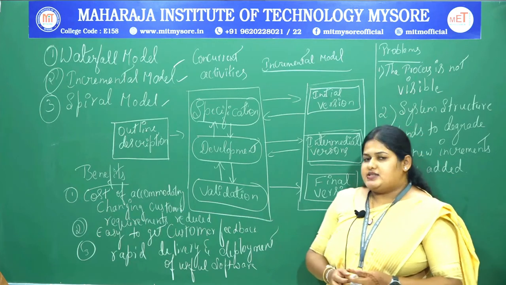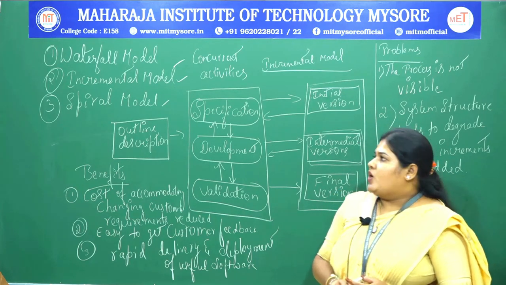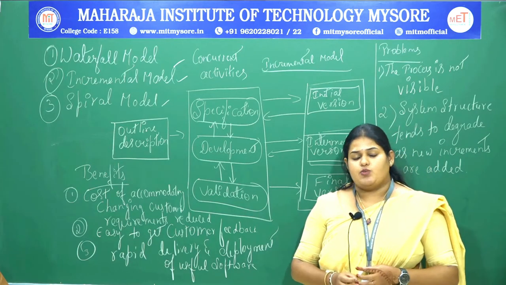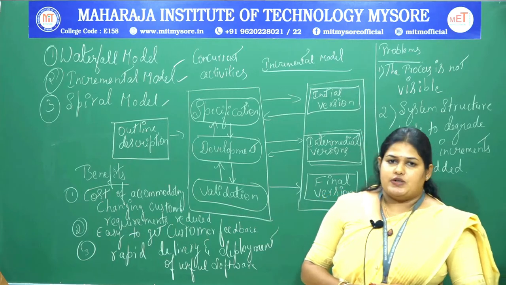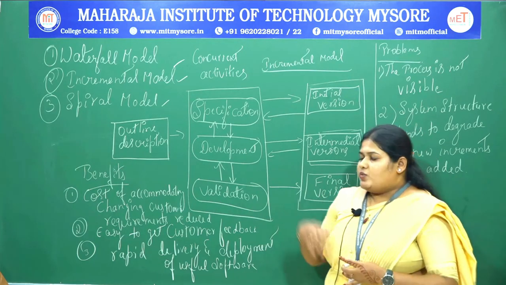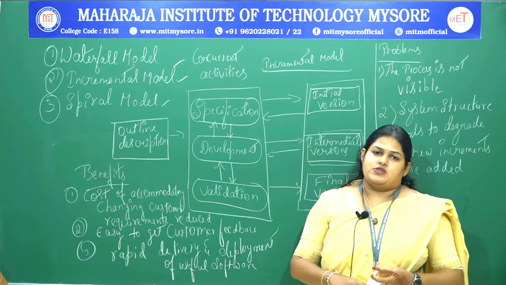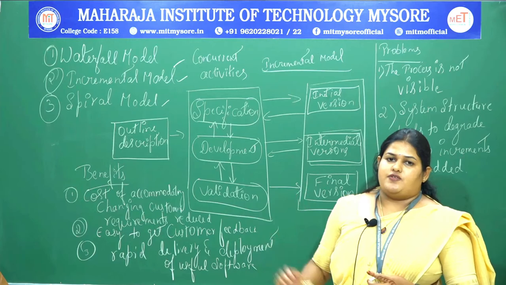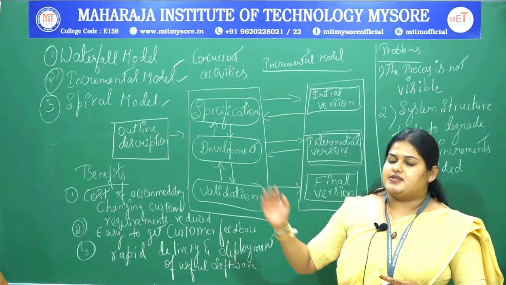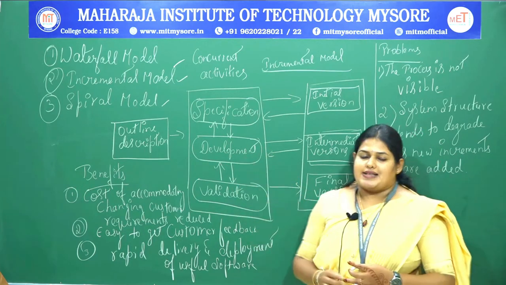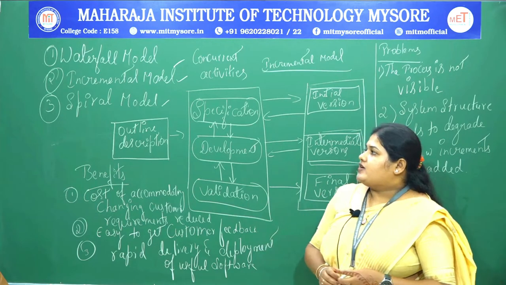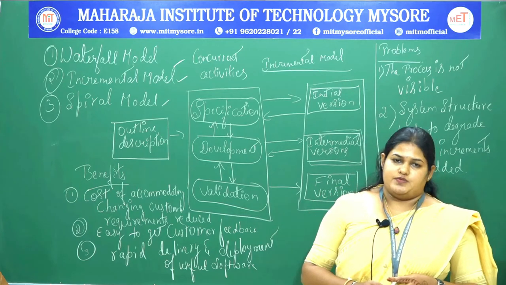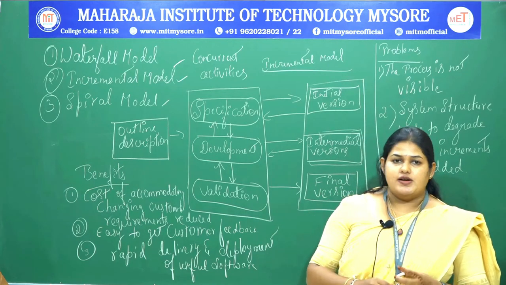But the disadvantage we have seen is that the waterfall model can basically be used only for small projects. We were not able to deal with big projects. One more disadvantage of the waterfall model is that once the requirements change, the phases have to be started again from the beginning. That was really a difficult task to perform. So, in order to overcome these disadvantages, a second kind of software process model was built.